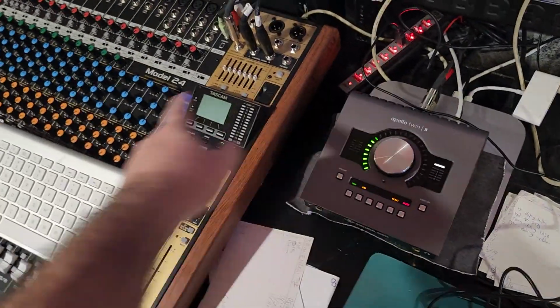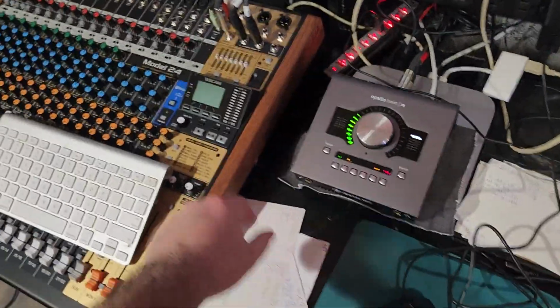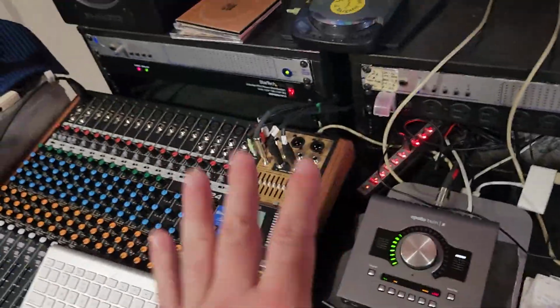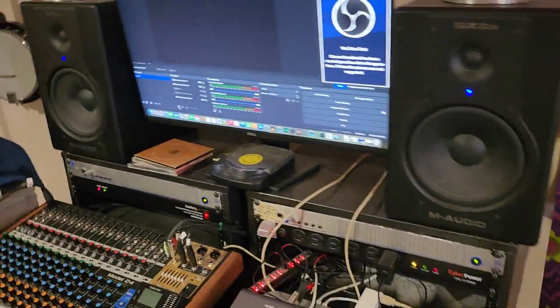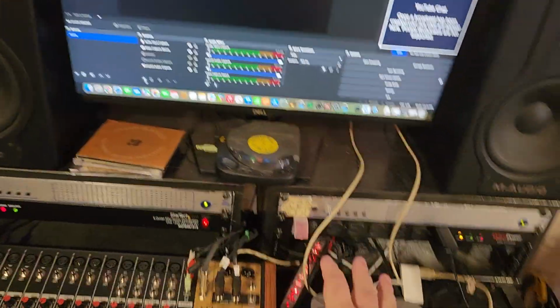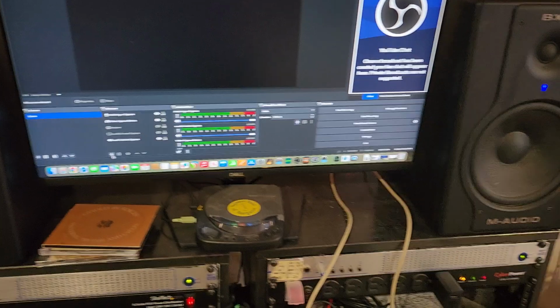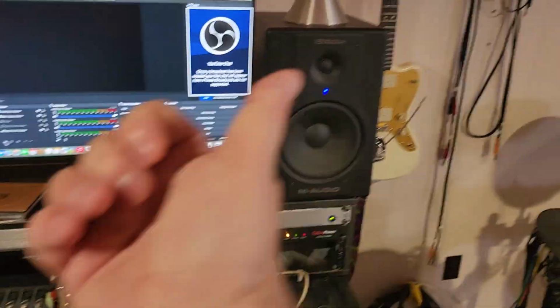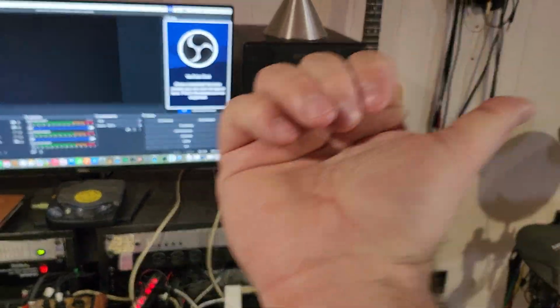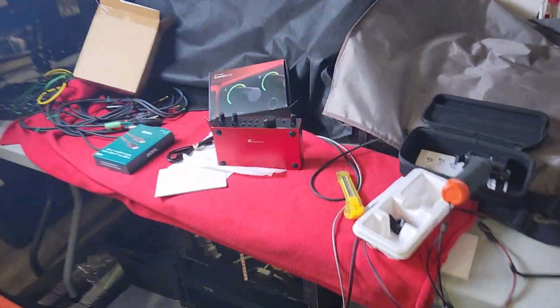I routed that through this, and this through that, and the Mac through that, and the output of that into the input of this. I did every which way you could conceivably think of. Now I'm trying to mix audio for you guys, and at the same time I'm worried about what's on my screen. It was just hell. So I was like, what if another system did the OBS? So I got another system in the Scarlett 2i2. That's thing one it fixes.